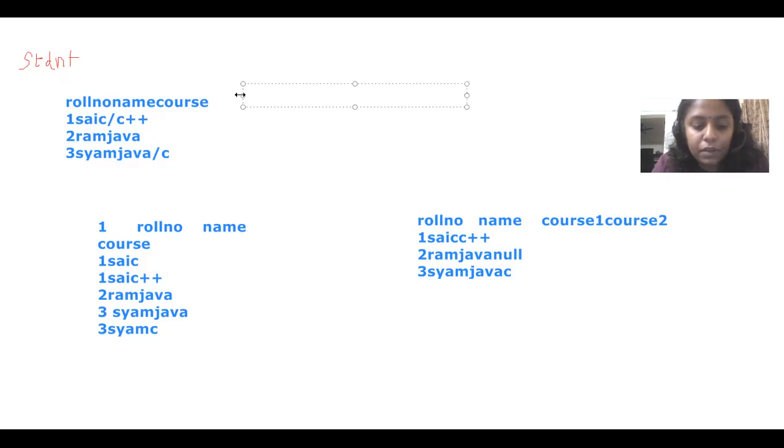only the roll number and name of the student.